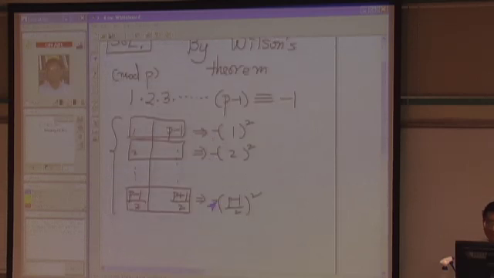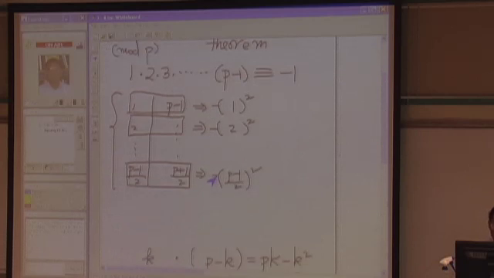So if I multiply the left side, then minus 1 and then even power, right? And then 1 squared, 2 squared, up to p minus 1 over 2 squared,